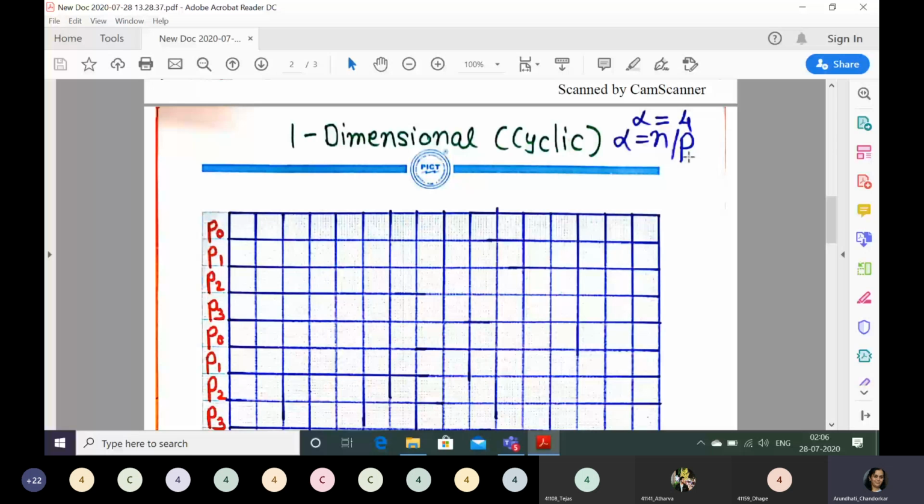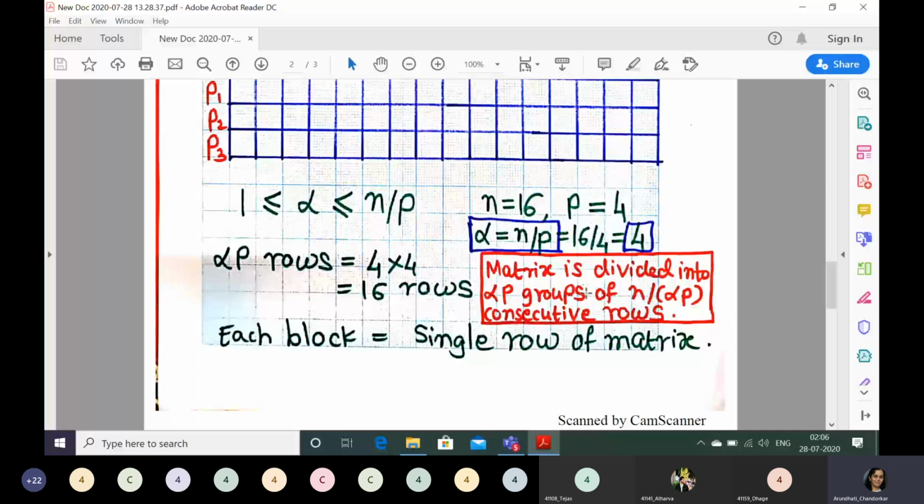That is the upper bound I am substituting, and just again see the calculations and then see the distribution. Same equation. N is equal to 16. P is equal to 4. It is remaining the same. We are dealing with an n by n, that is 16 by 16 matrix, but we are going row wise. Why? Because we are in one dimensional, though it is a matrix you are seeing here. So let us substitute alpha as upper bound is equal to n by p. Simply 16 by 4 is equal to 4.